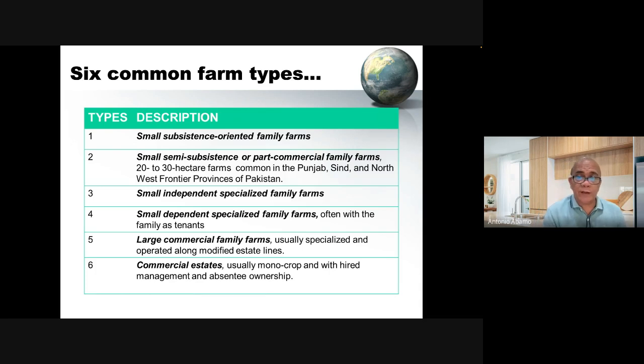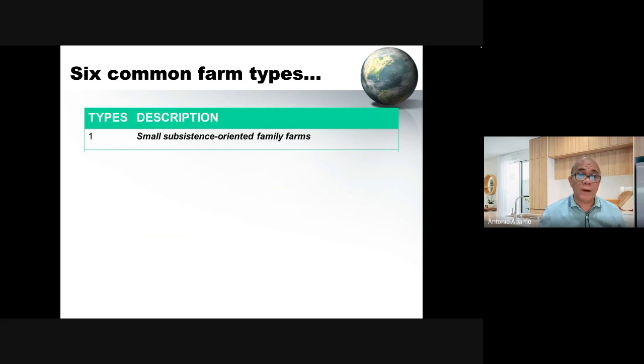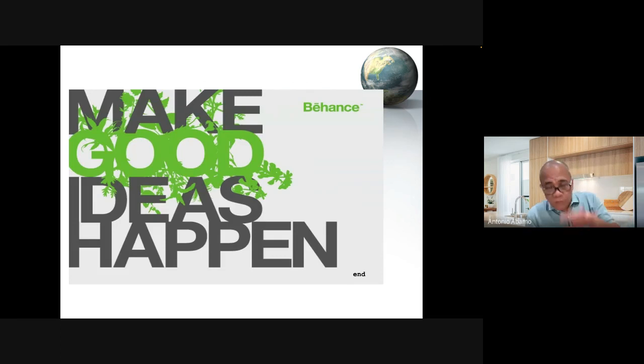Small subsistence-oriented family farms would be like somebody cultivating public land or doing kaingin for subsistence. Otherwise, if commercial, the authorities will apprehend you. So these are the six common types of family farms. First is small subsistence family farms. We will discuss the first type of farm